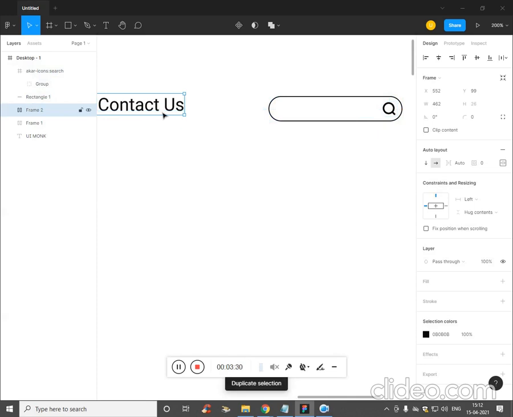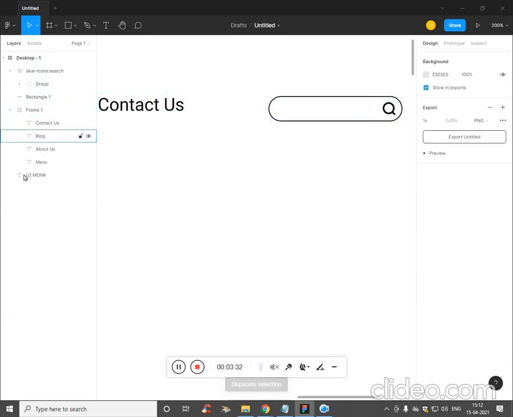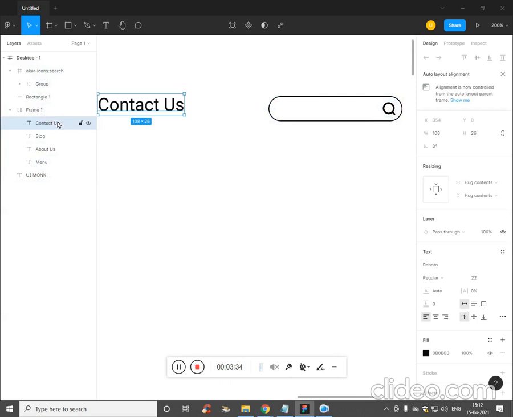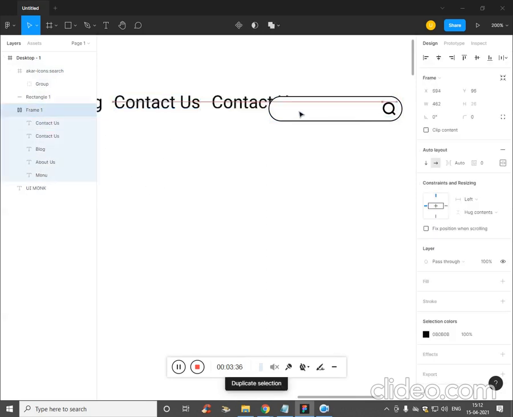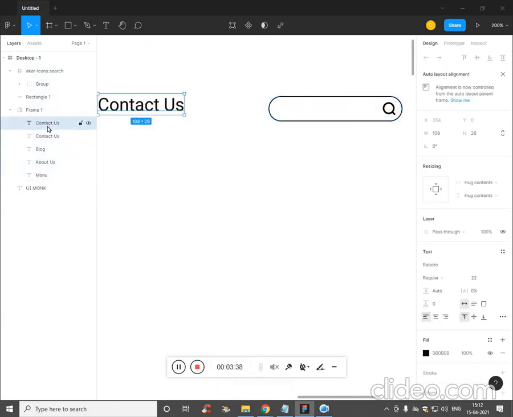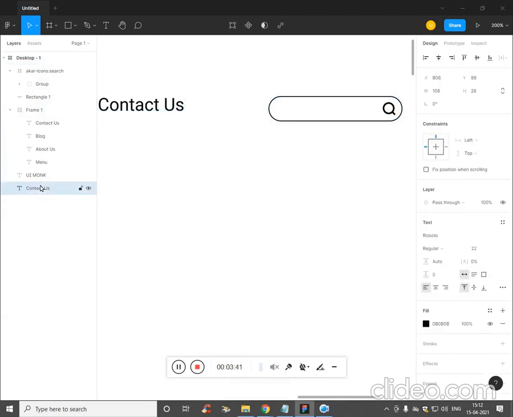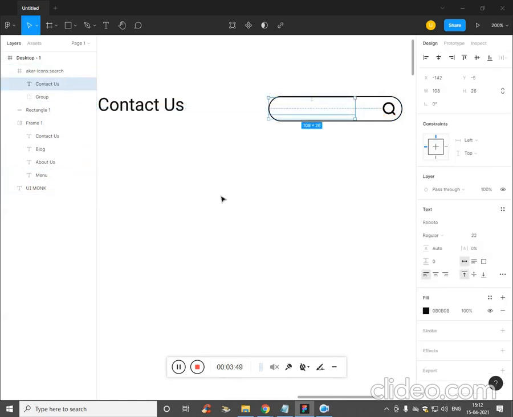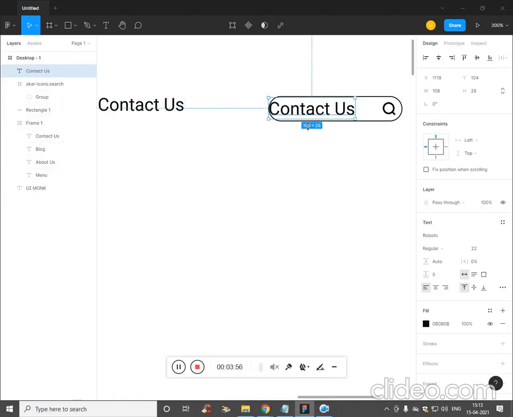Ctrl D to duplicate, not the frame but the text. Ctrl D, make it outside. Press V again. Just drag it and place it above the rectangle. And you have to type search.